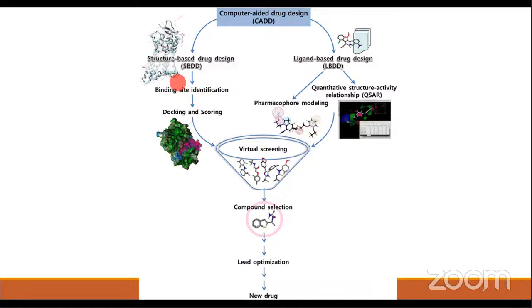Out of those 300 amino acids, we need to identify the few amino acids which are responsible for the binding site, which interact with our ligand. That we can call a binding site. Once we have the binding site, then we can go ahead with docking and scoring. Or else we have a few ligands with us and we do not have any protein structure. In those cases, for example, if you have 20 plus molecules with you,